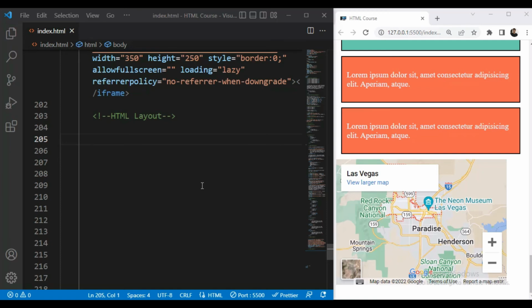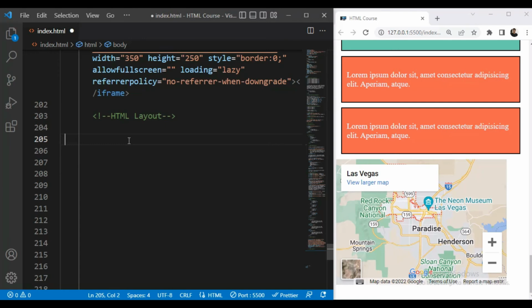So websites often display content in multiple columns like in a magazine or a newspaper. So we will see HTML layout elements. HTML has several semantic elements that define the different parts of a web page like header element, nav, section, article, aside, footer and details element. So let us see the layout elements in action.